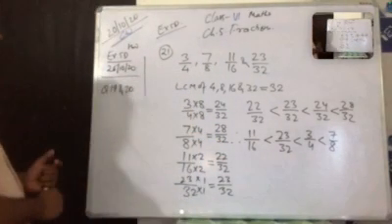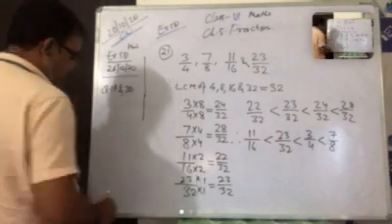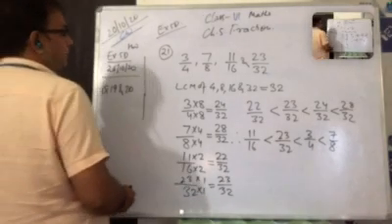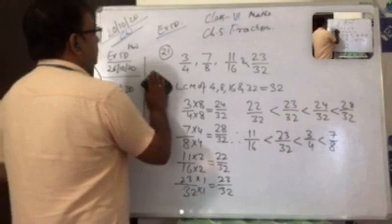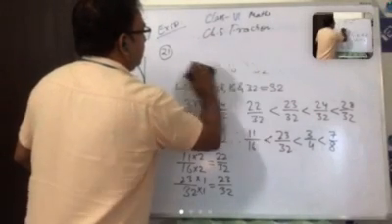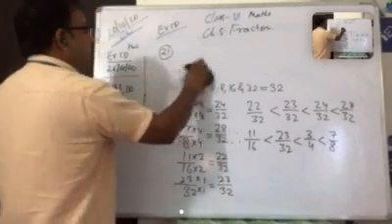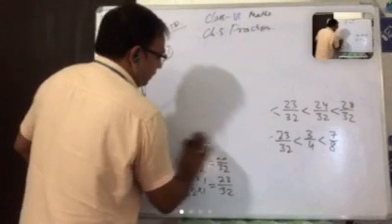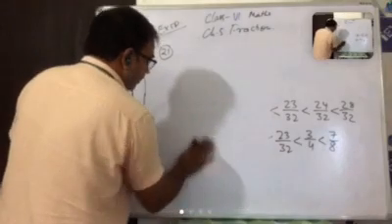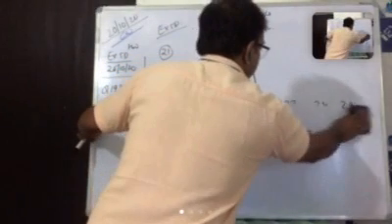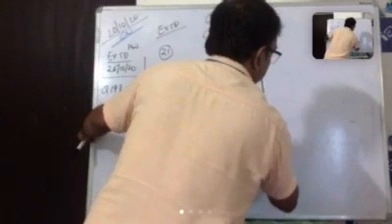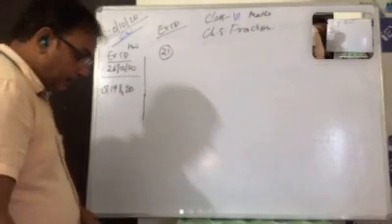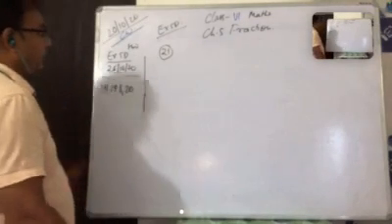Now clear? Good. Everyone copied? Good. Now, Asta, can you read the next question? What is the next question? Okay, next question we have to arrange in descending order. So we can start with 23.